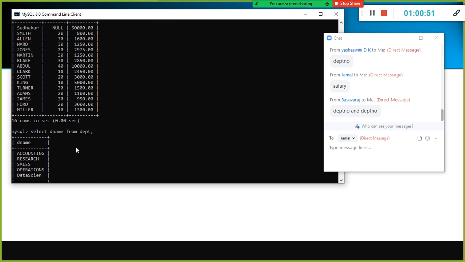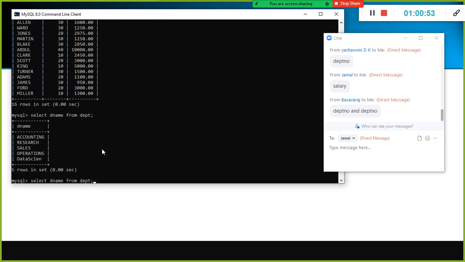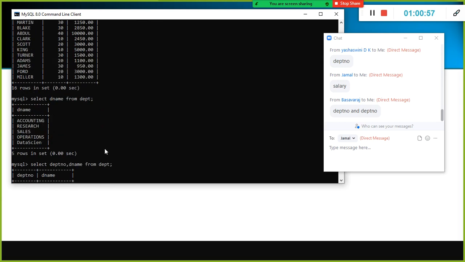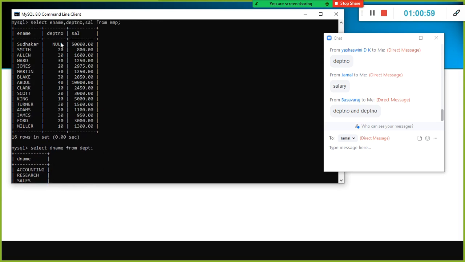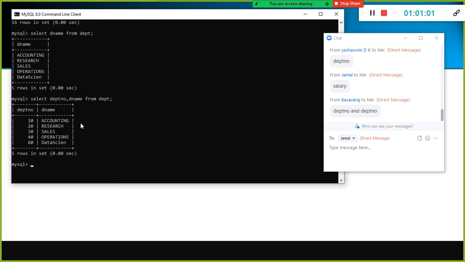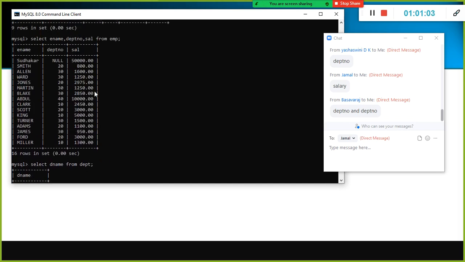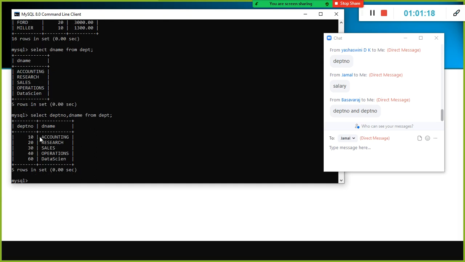But will you ask him to refer to the depart number? If you give him that, whatever the depart number is, he needs to manually check it and then understand it. That's a painful thing, right? What we are doing is a lookup, matching the common values. We are matching the values of this depart number with this department number to get the department name.